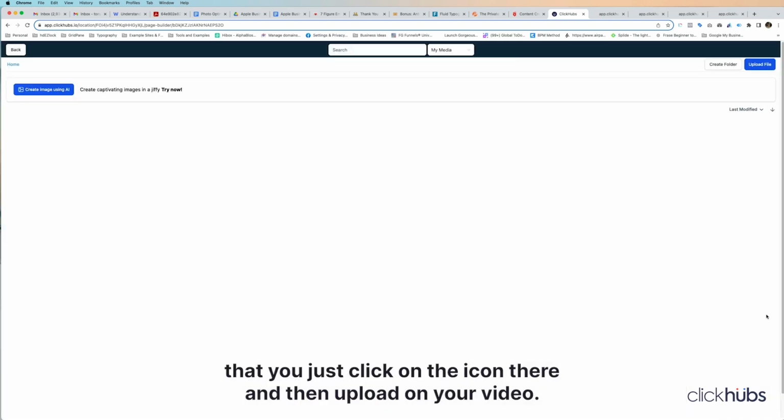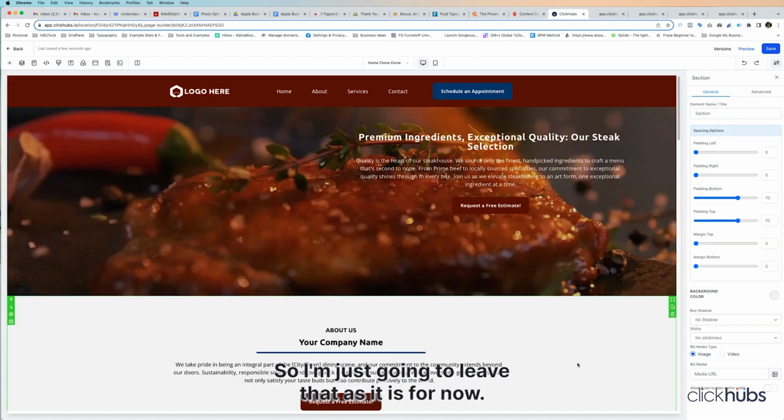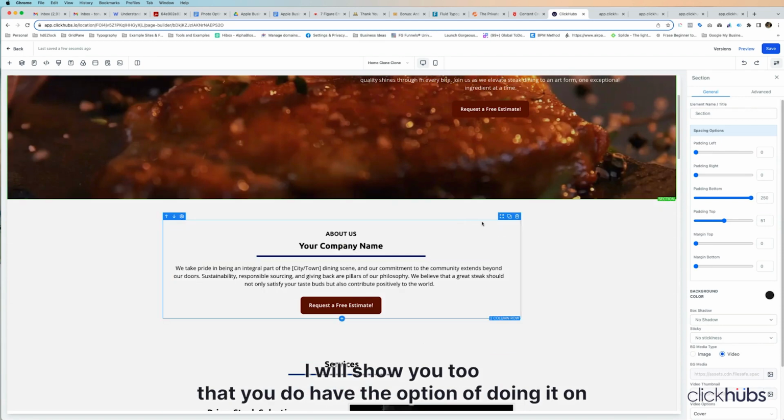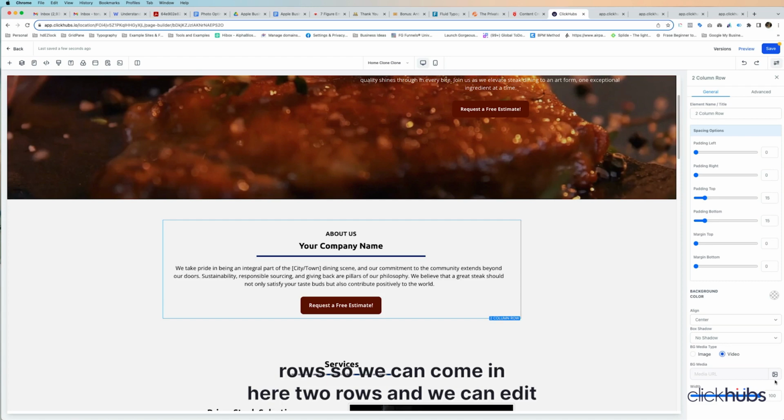And to add that, you just click on the icon there and then upload your video. So I'm just going to leave that as it is for now. And that's really it for video backgrounds. I will show you too that you do have the option of doing it on rows. So we can come in here to rows, and we can add it